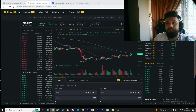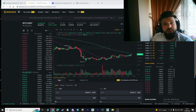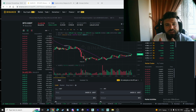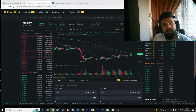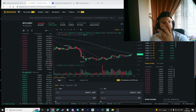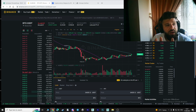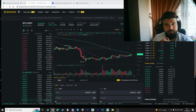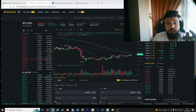So if we do a summary about centralized and decentralized exchanges and their features: when it comes to ease of use, a centralized exchange is user friendly. You just log in, you just sign up, and you will be trading using the different features on the application. Basically, it is easy to use. The decentralized exchange, on the other hand, is